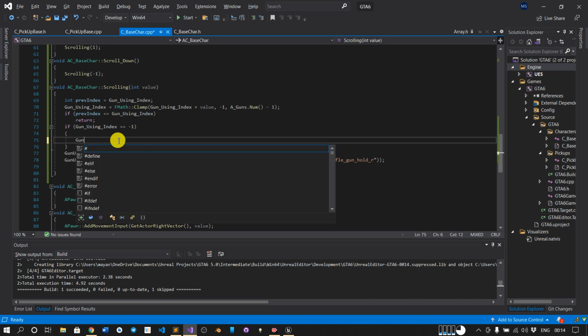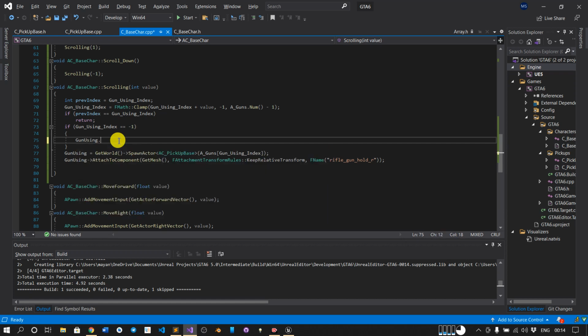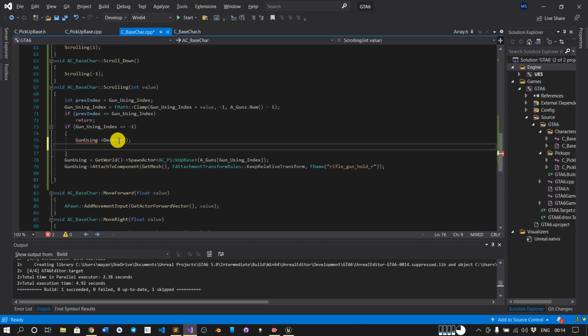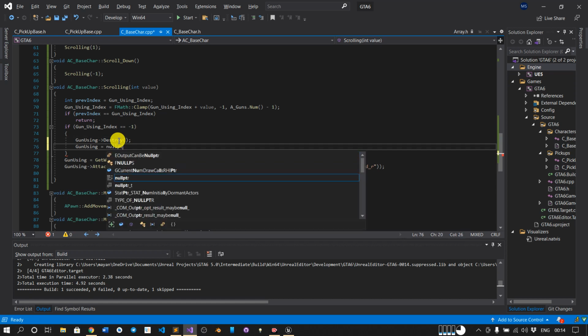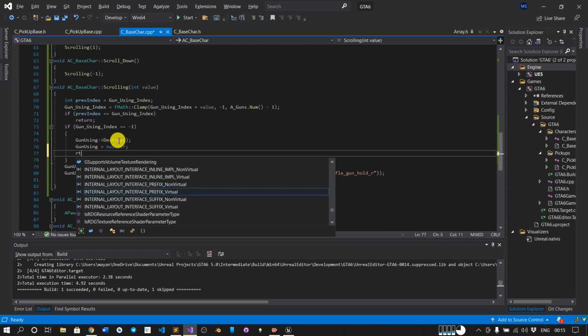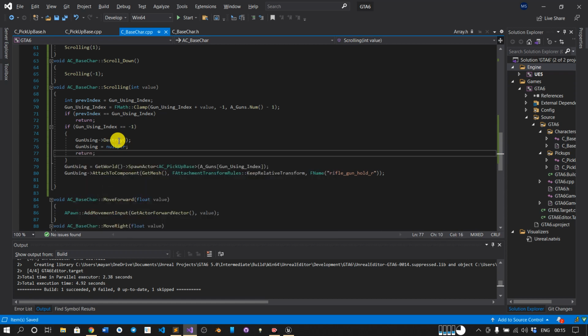gun using dot destroy, and we will initialize it with null pointer and return, because as current gun using index is -1, we don't need to spawn all this.